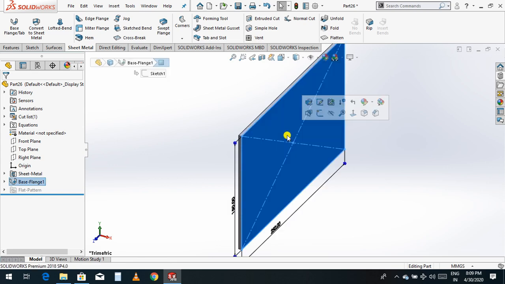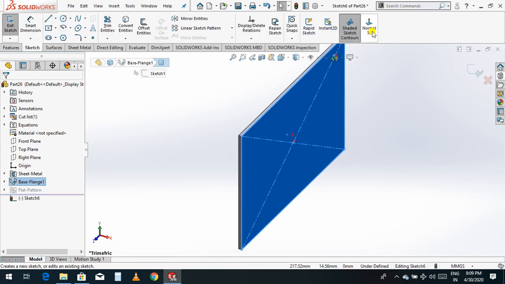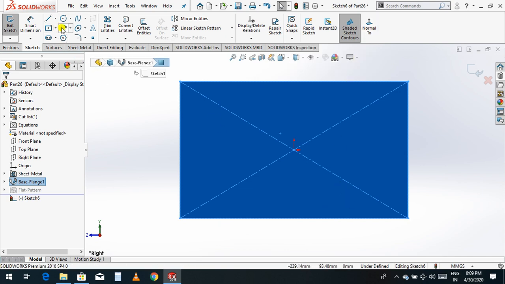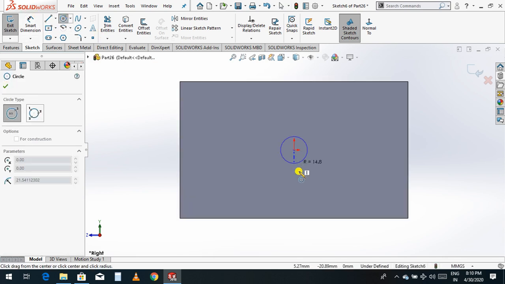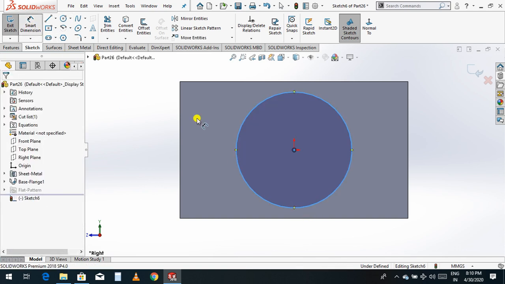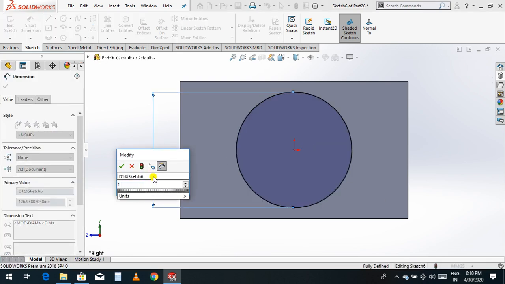So select this face, sketch, normal, and draw one center circle. Select the circle and click in center and give a dimension. I'll give a dimension 125 or 130. I'll take 130.